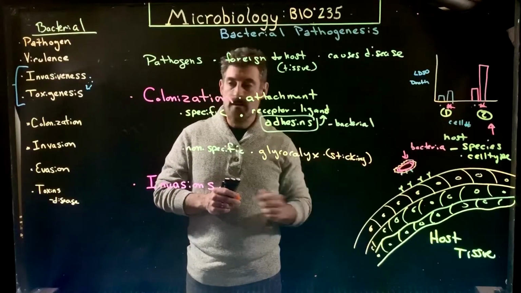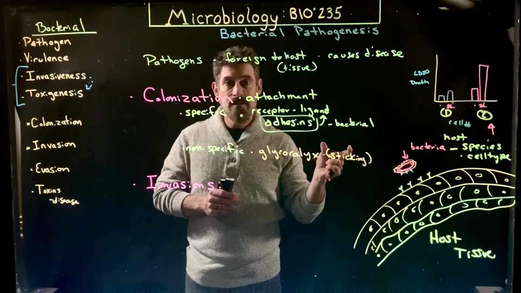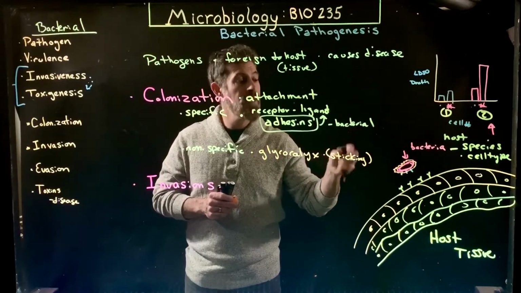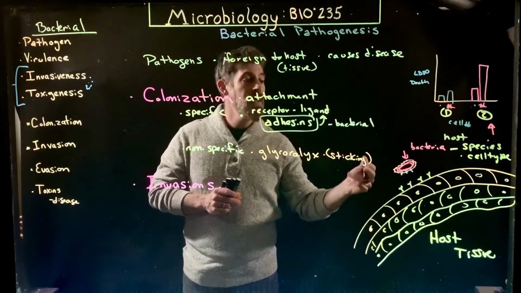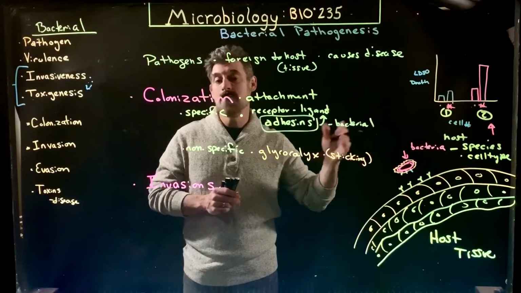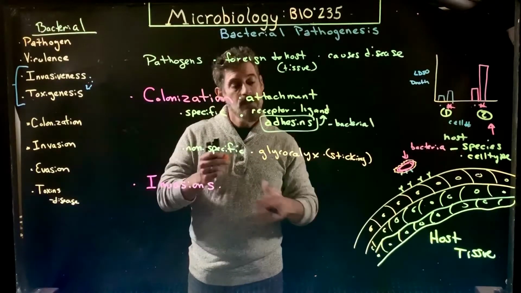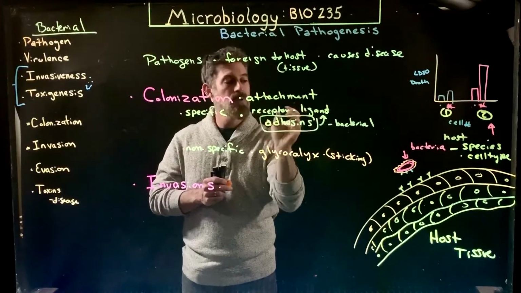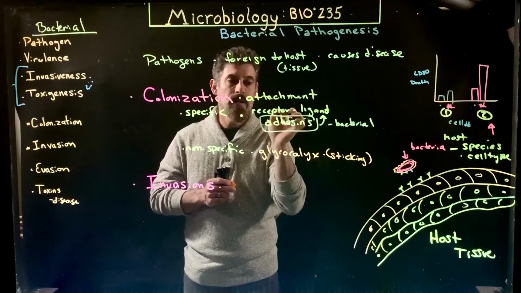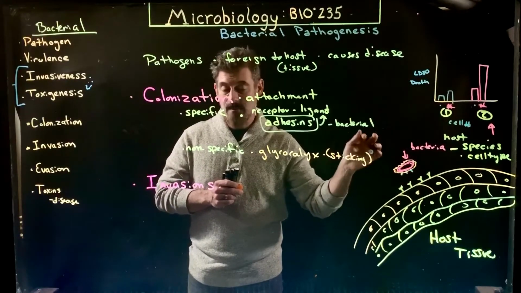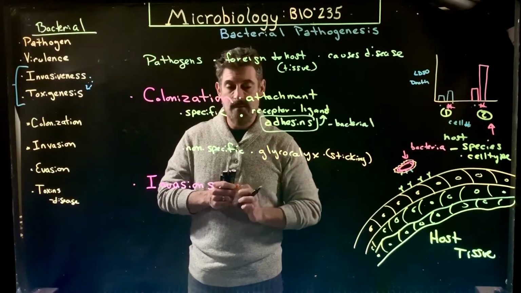to the host cell. We also had teichoic acids and the lipoteichoic acids in the gram-positive bacteria. They can be involved in the binding, and then the LPS layer of the gram-negative bacteria can be involved in the binding as well. So there's a number of different things involved in the binding. The most specific ones are particular molecules called adhesins that are on the surface of the bacteria that bind them to very specific receptors on the surface of the cells.